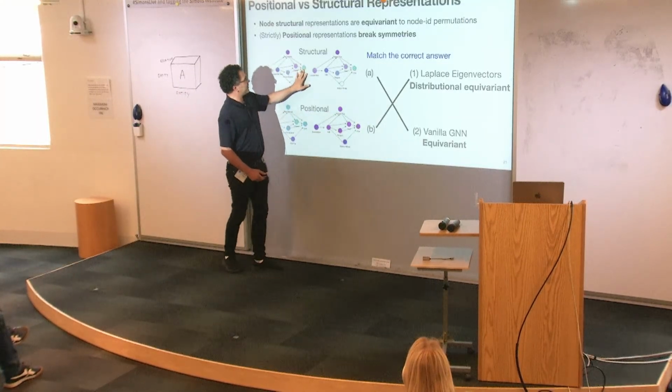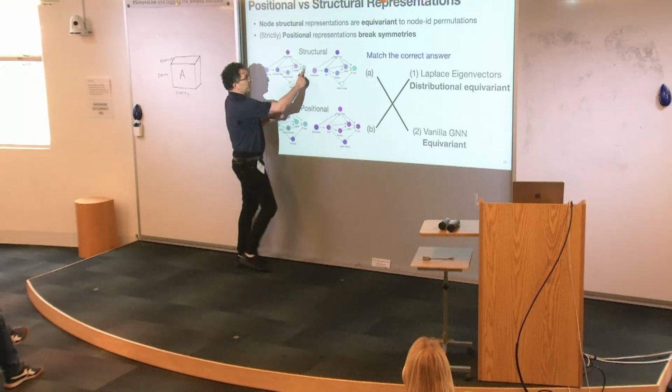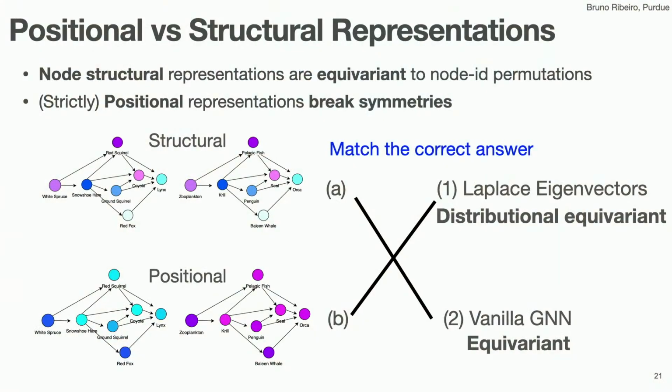So the thing is that GNNs are equivariant, right? These nodes are isomorphic, so they have to get, by definition, the same embedding because of the equivariance, right? And eigenvectors are not equivariant. They're equivariant in distribution. So they don't have that constraint. All right? Are we good? All right, so essentially what happens with eigenvectors is that they break symmetries. So the symmetries that we see in the graph are broken by eigenvectors, okay?